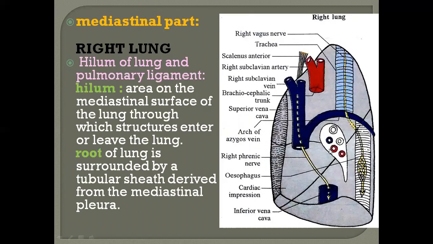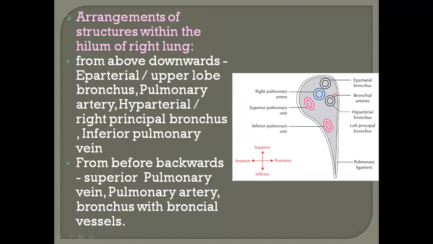Arrangement of the structures in the hilum will be dealt in the next class tomorrow. But whatever structures we find on the mediastinal part are very, very important. So what do we see here? We will see the right subclavian vein. Then you will see the brachiocephalic trunk, superior vena cava impression. Then the arch of azygous vein. We'll see right phrenic nerve, brachiocephalic trunk, right subclavian and right common carotid arteries, trachea, esophagus, and the right vagus nerve. Lower down, we are finding inferior vena cava impression. Because it is the right lung, we will see the right atrium and right ventricular impressions as well.